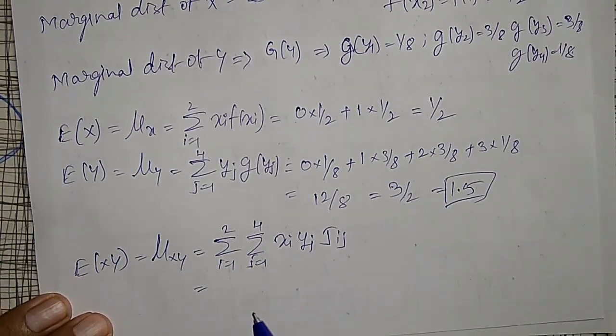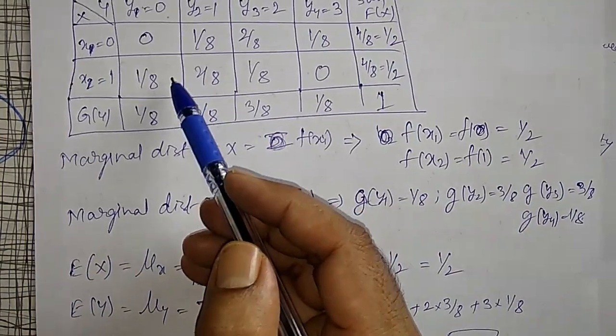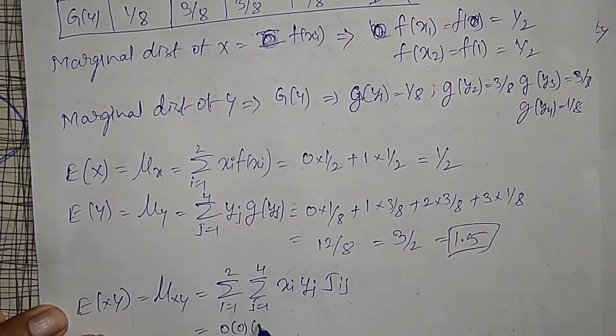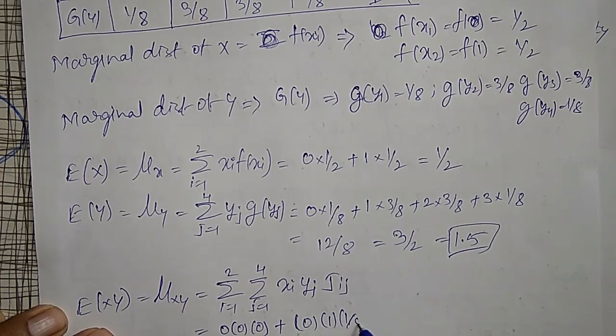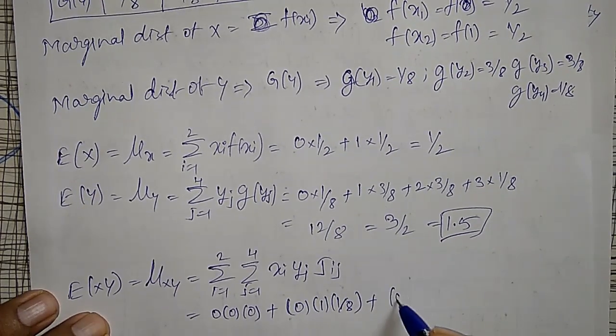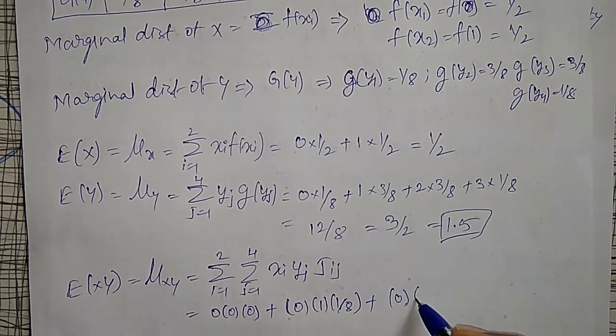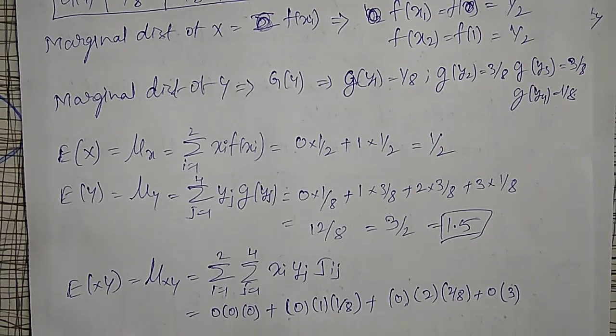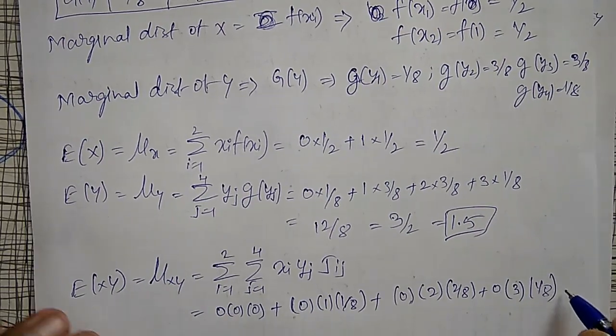That is equal to, according to this table, you can refer: 0 into 0 into 0, 0 into 0 into 0 plus 0 into 1 into 1 by 8 plus 0 into 2 into 2 by 8 plus 0 into 3 into 0, 1, 2, 3, okay, 3 into 1 by 8 plus